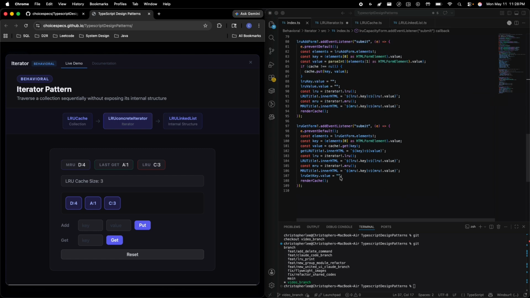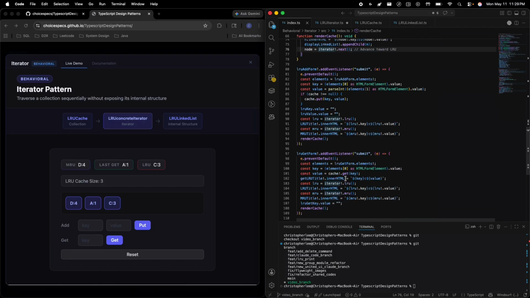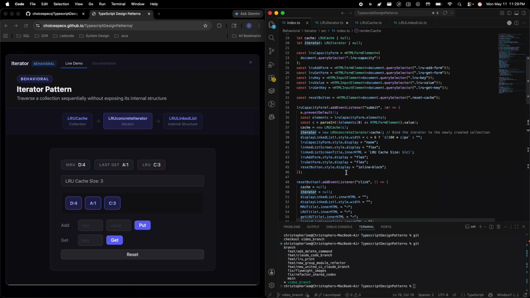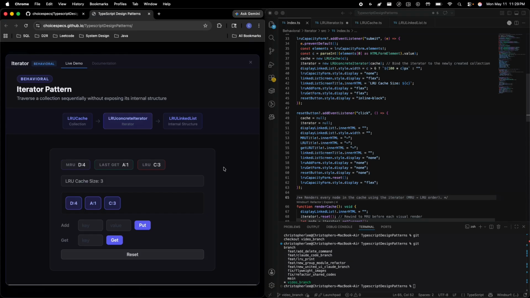We can just go through here when we have to reset it, when we have to get the current one, when we have to iterate through each and every one of these, and when we have to go to the next one. And when we have to render, we can reset it as well from here. So we render every node in the cache using the iterator. This is how we create the display using that iterator without messing with the internal structure of the